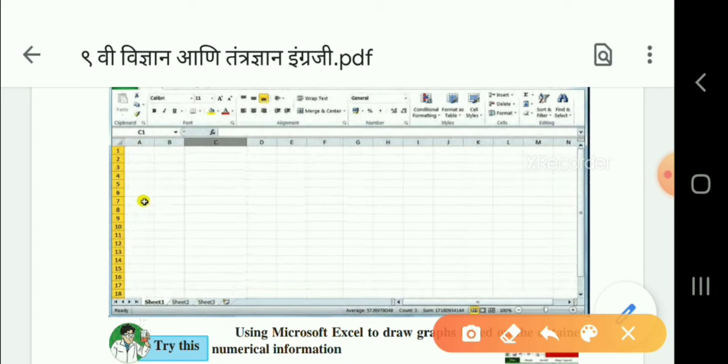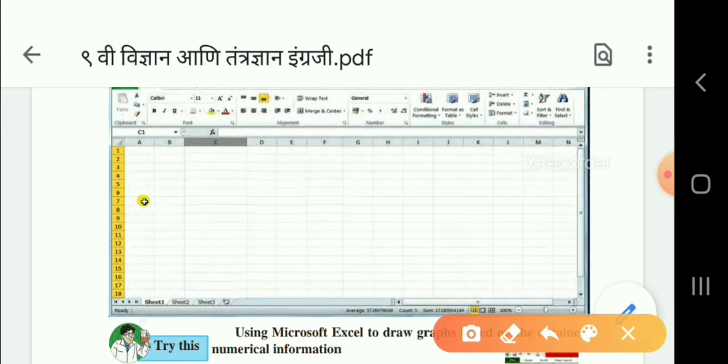Now here we will see what precautions you have to take. First, whatever data you have should be kept in tabular form. Different types of data should be entered in different cells. A cell, as you have already seen, is a square-shaped box. Then data should be entered neatly in one flow. Unnecessary spaces and special characters should not be used.